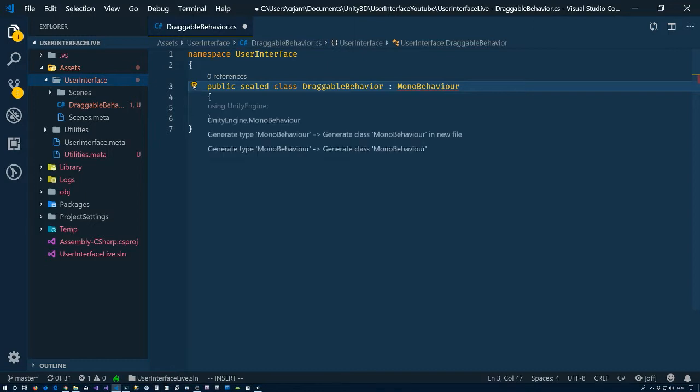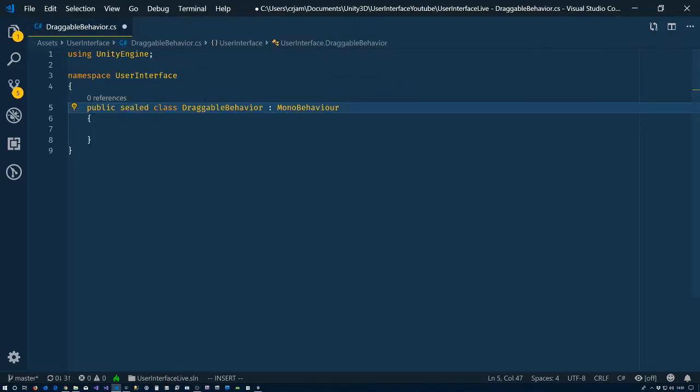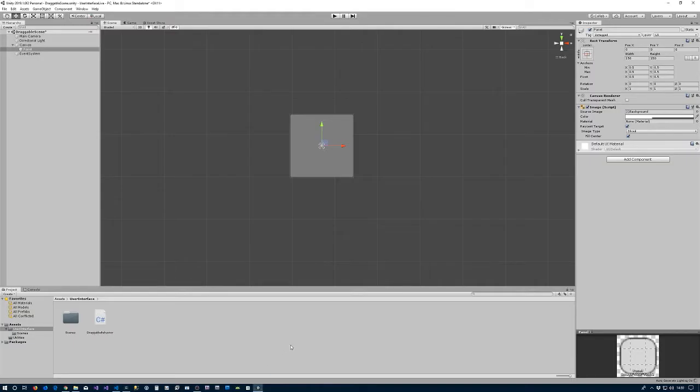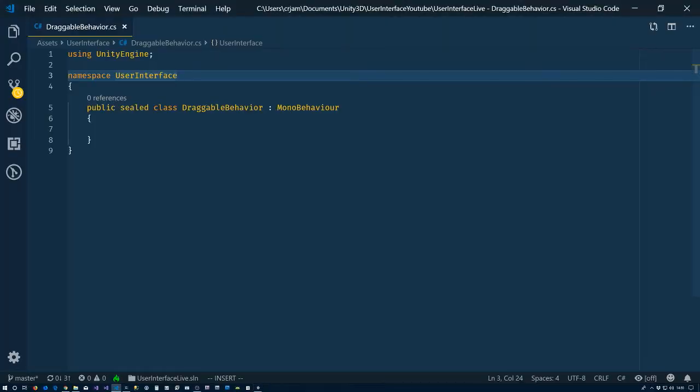Perfect. Let's do our little importing here. So we have the UnityEngine import. We'll save that. Go back to Unity. Let it compile a little bit. So we have our draggable behavior. I have the panel selected, so I'm just going to drag that script onto the inspector for the panel so it gets added to it for me. Back to VS Code. So now my intentions are